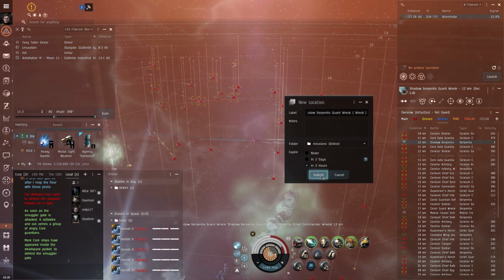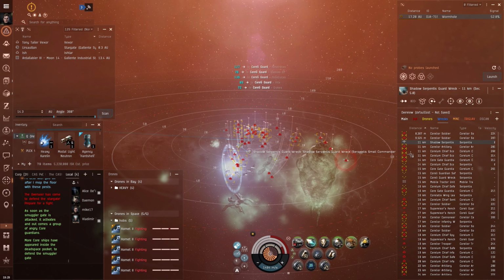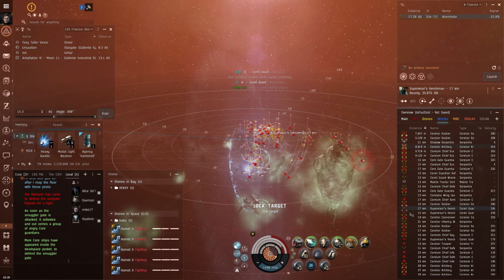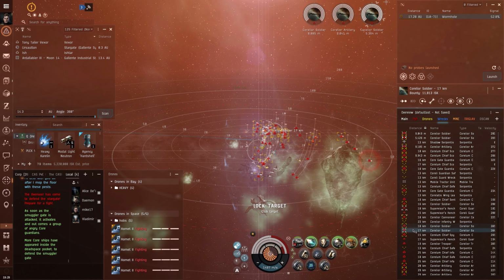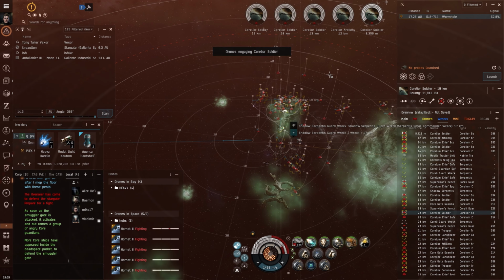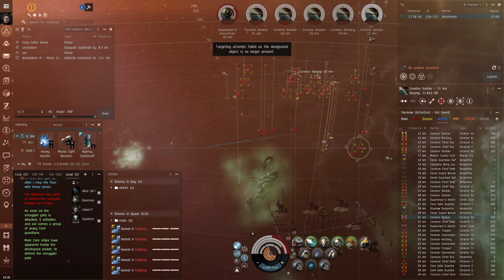Let's go loot him. I'm going to save the location just in case I need to get out of the site, so that it's already despawned. So if you get out of the site, you cannot find it again unless you have a safe spot. And yeah, just in case I need to warp out and warp back in,